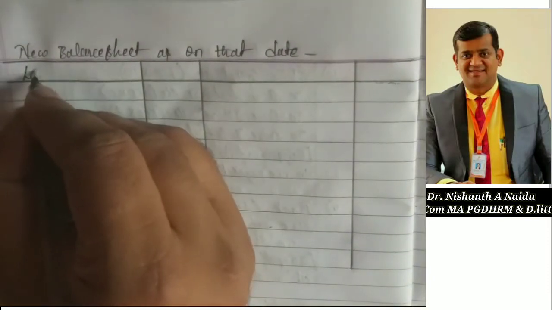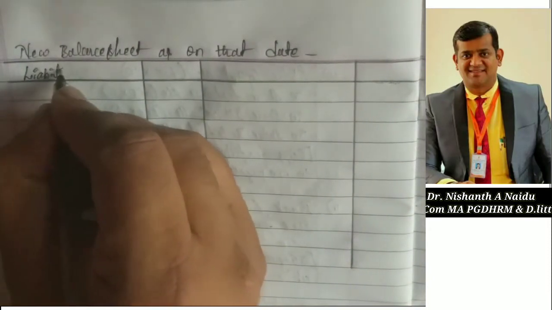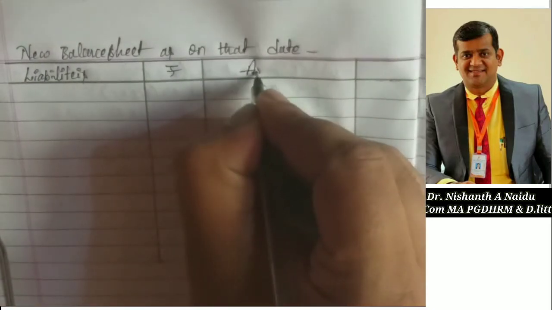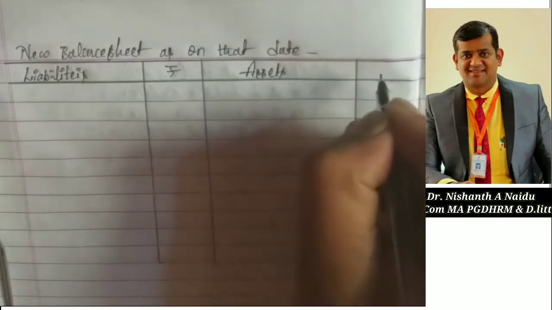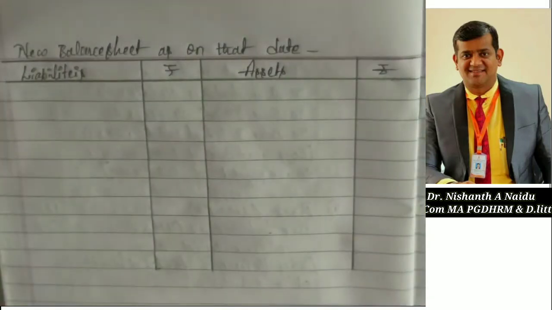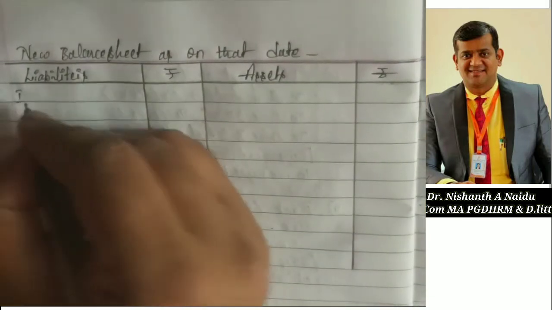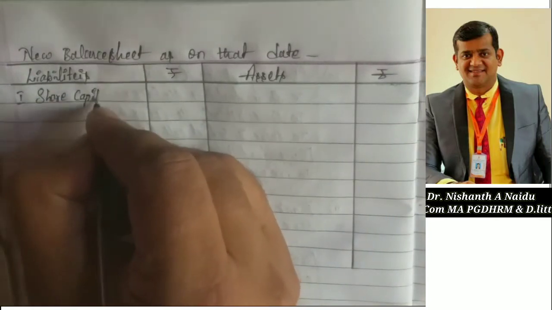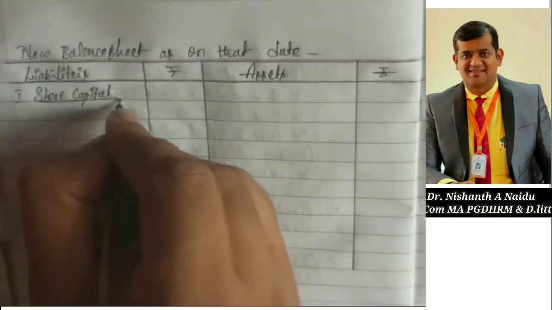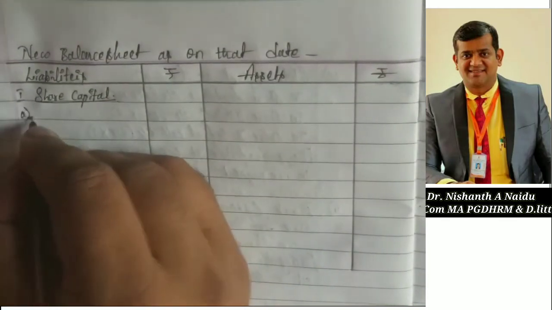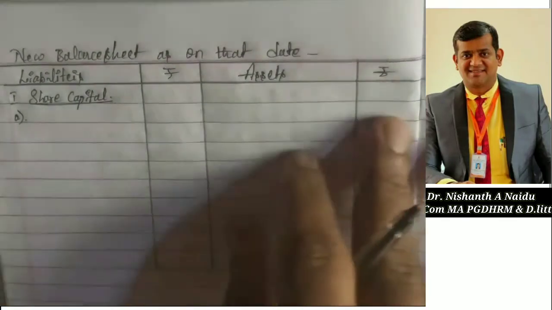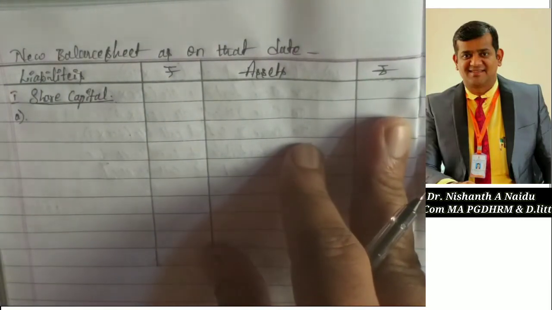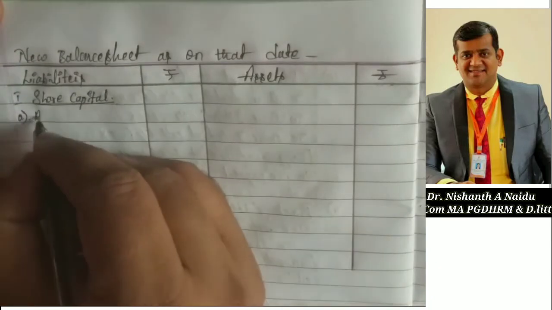So first write down liabilities, rupees, assets, rupees. So first on the liability part, the first one is always share capital. So under that, number one, since the company has everything same, okay, so write down